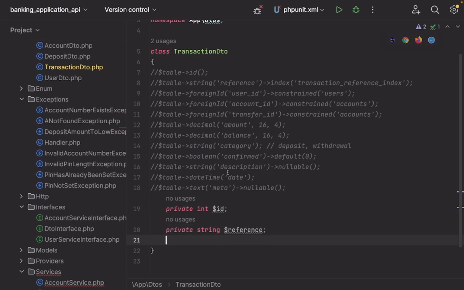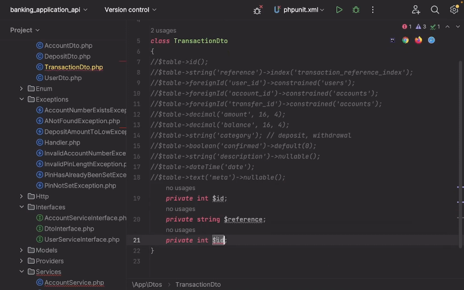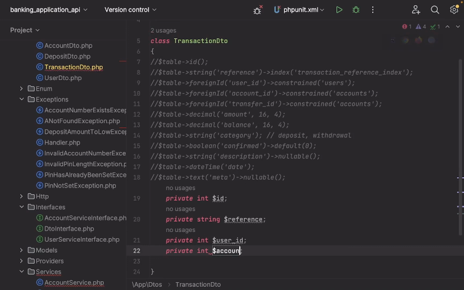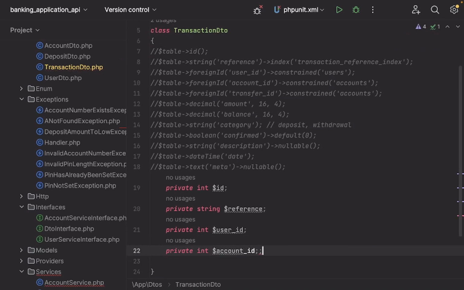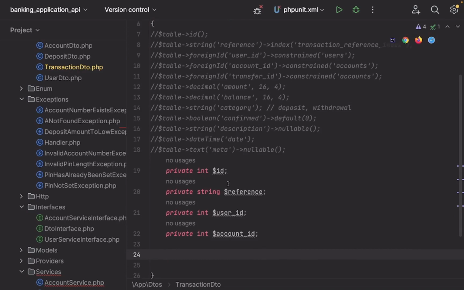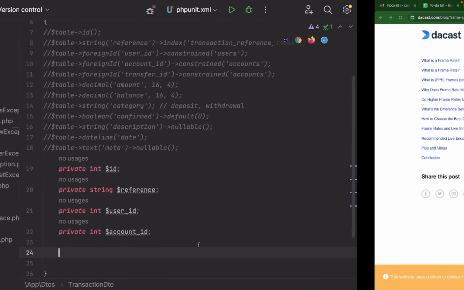Then we need the user ID. That is the user that actually owns the particular transaction that is being initiated. Then we need the account ID. So the kind of transaction we'll be keeping is what we call double entry